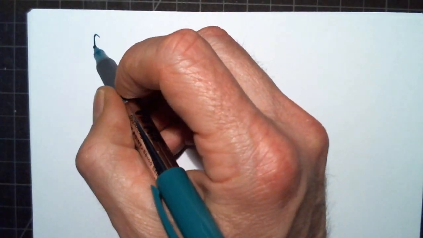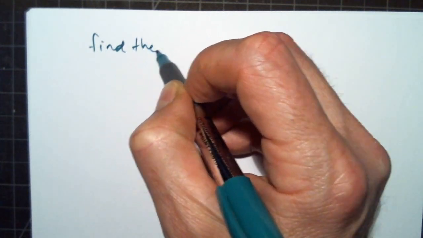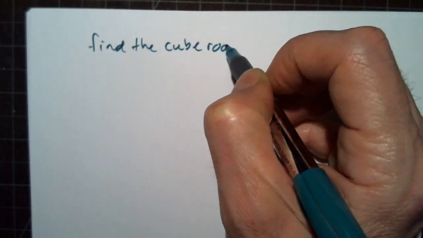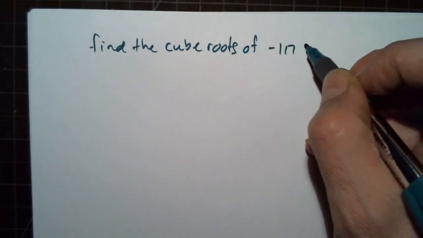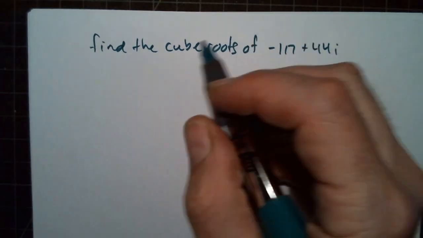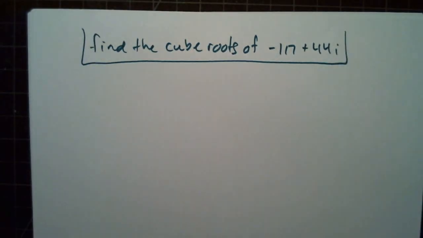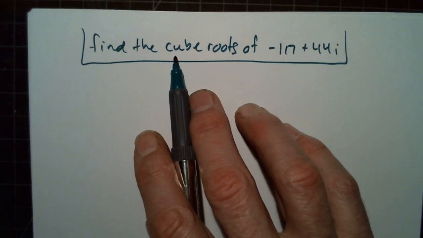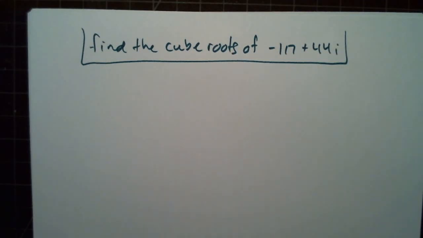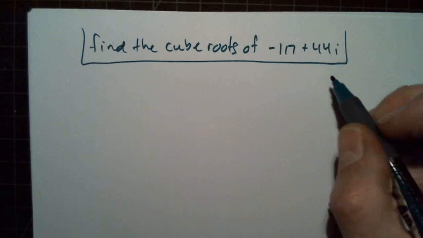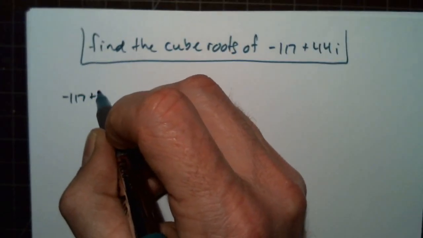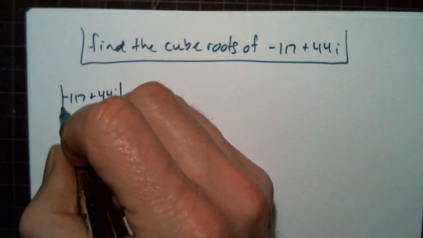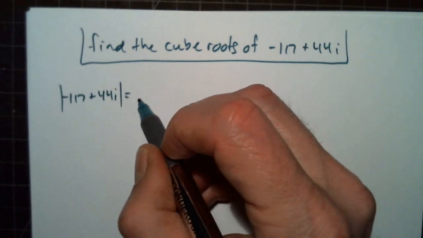Last example. So here we have a complex number. We want to find the cube roots, and we know that there are 3 of them. So we're going to find the absolute value, and that's going to be